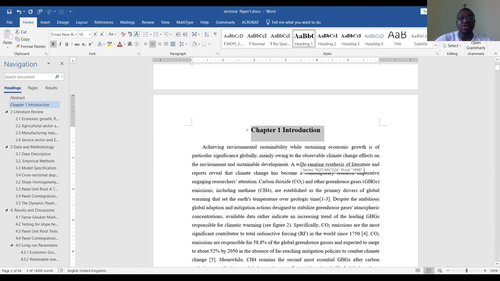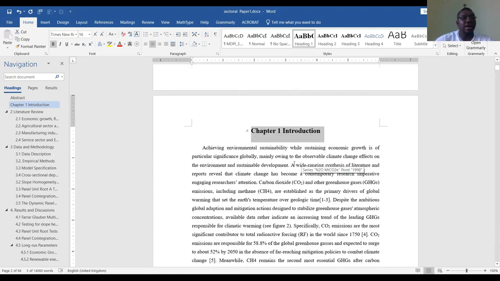Now we move to level 1 heading. Level 2 heading is always different from level 1 heading. Level 2 heading is 1.1. This is 1, but the next one is 1.1, and then the level 3 heading will be 1.1.1, in that order. So let's go back to the other